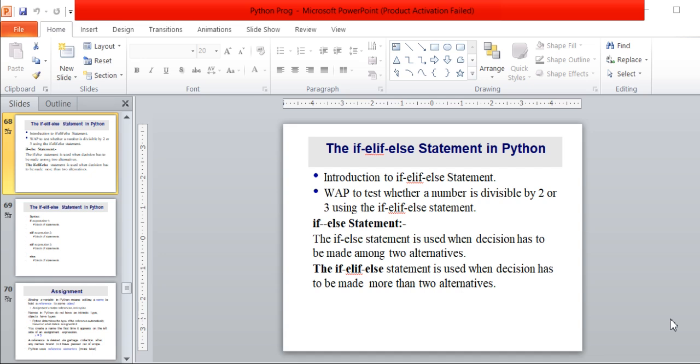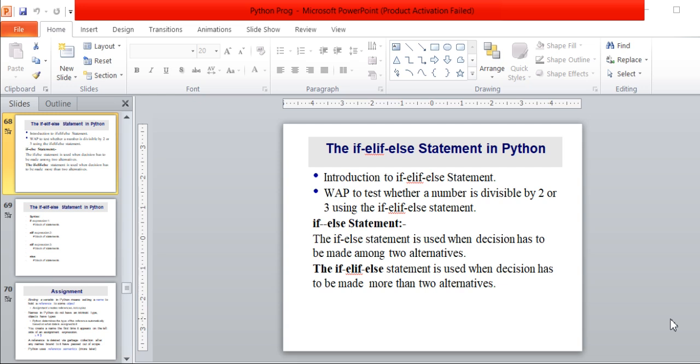First we discuss if else statement. The if statement alone tells us that if a condition is true, it will execute a block of statements, and if the condition is false, it doesn't execute anything. We have discussed the if statement in our previous presentation. But if we want to do something else when the condition is false, we can use the else statement within the if statement in Python to execute a block of code when the if condition is false. This is our if else statement.